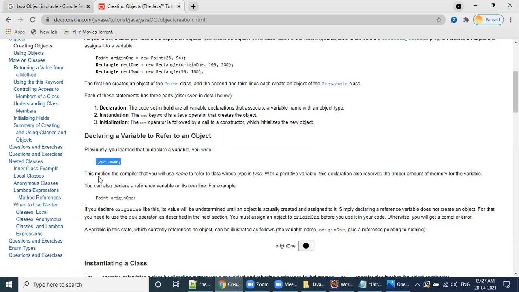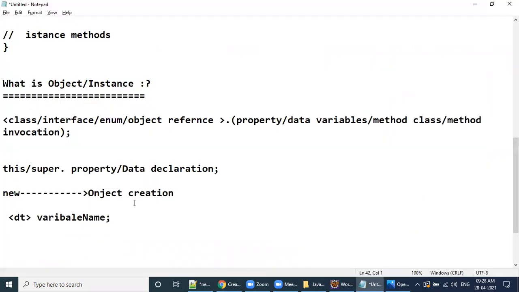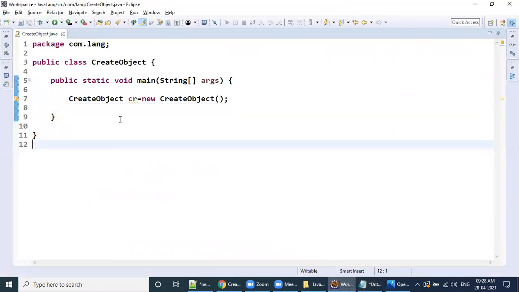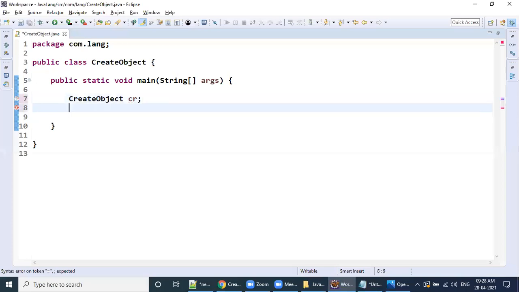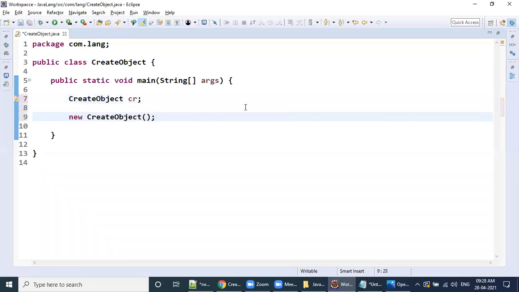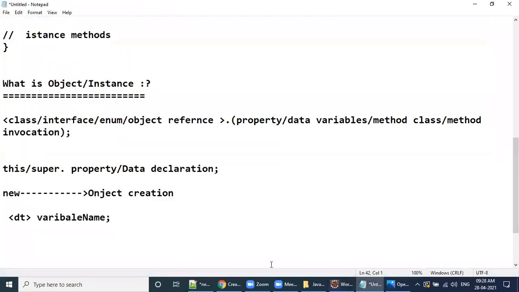Come on, tell me, in this statement, I am going to take it like this. What is this?